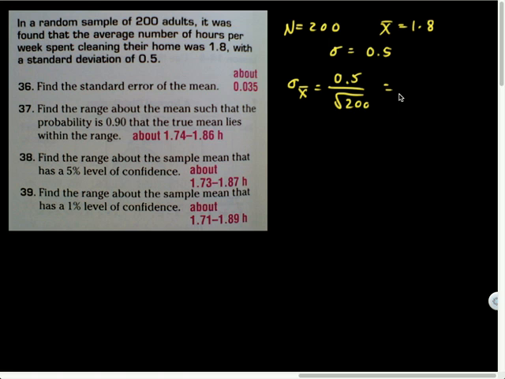Take 0.5, divide by that, and I get a standard error of the mean of 0.0354, I'll call it. So there's my sigma sub x bar, the standard error of the mean, and that is describing the distribution